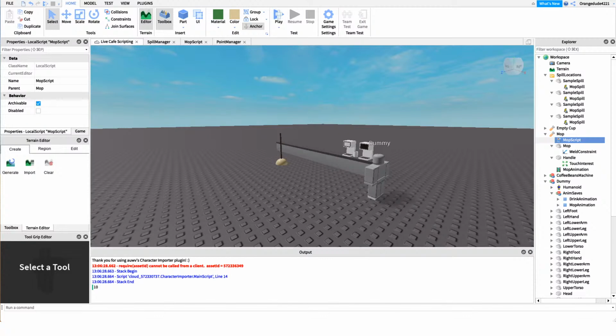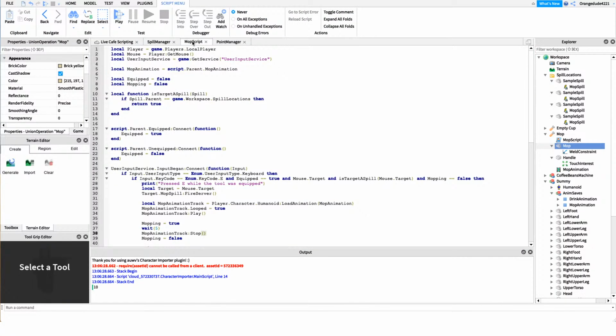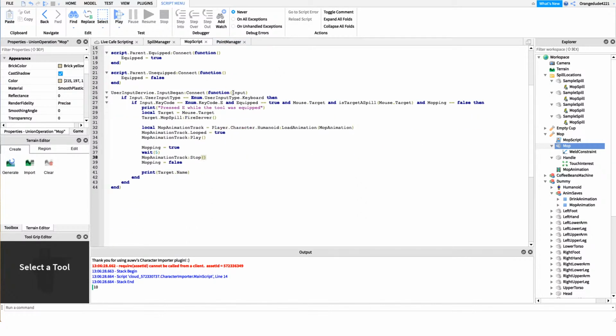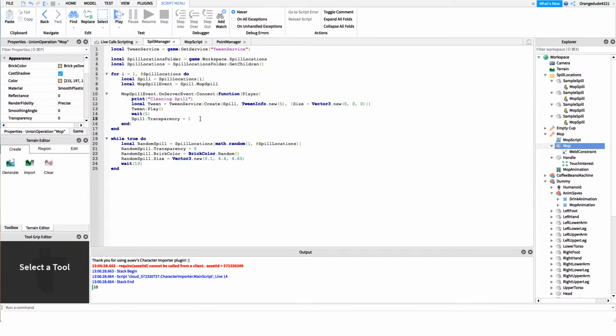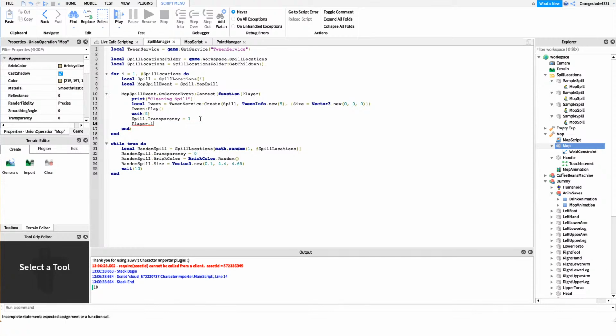And now from here, what we can do, so we have points, we have the points that save, we have the points that load back in. Now what we can do is get whenever they mop up a spill, and whenever they do, we can increment the points. All these pieces are kind of coming together. So what we'll do is we will say mopping equals true, and then in our spill manager, whenever they mop it, we want to say player.leaderstats, which is that folder, .points.value equals